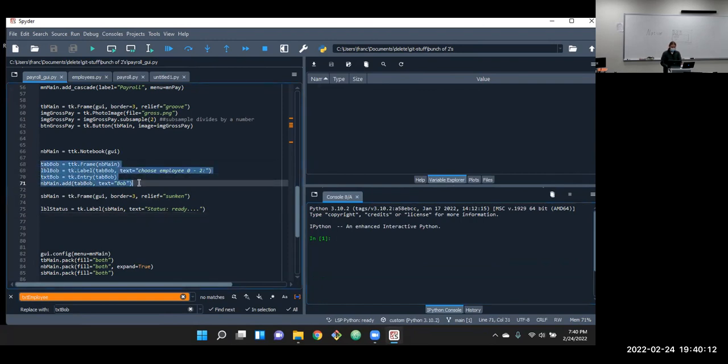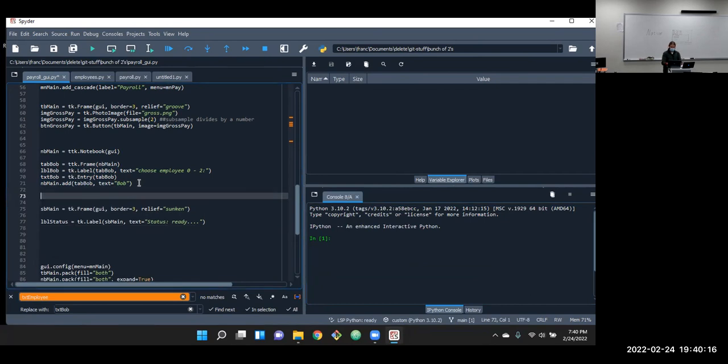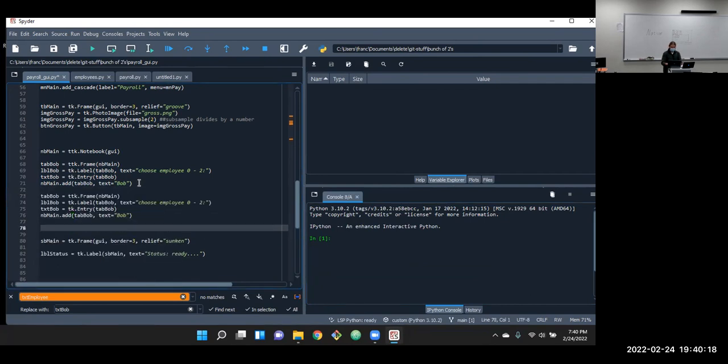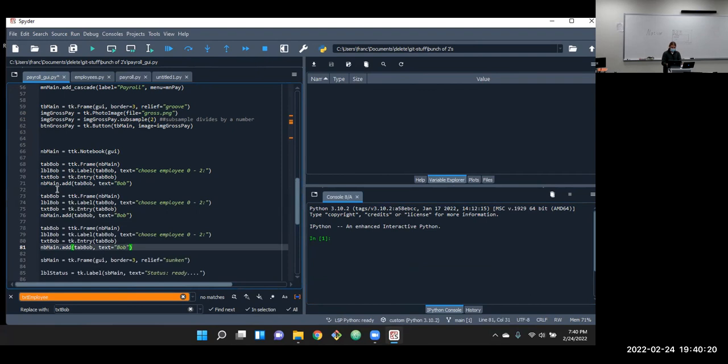Oh, so now we need a couple more tabs. So the tedious repetitive part, we'll copy that, make a tab for Sally, and then make a tab for Becky, and just go through here and change each one of those explicitly. So what is this?